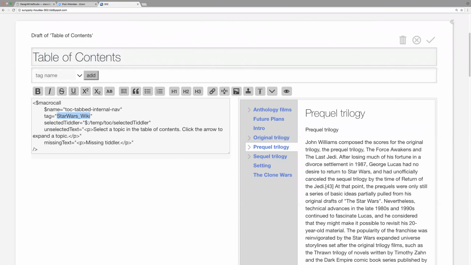Okay. I kind of like macro calls. If you look at my code, you'll see I use that a lot because it gives you very clear, exact names for each of those parameters. So $name is the name of the macro, and then tag, selected tiddler, and selected text. Okay, so that's pretty cool. And you even filled in the missing text and the unselected text, or that might have come with it. That's fine.